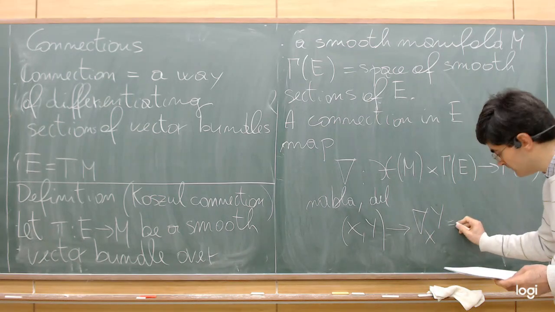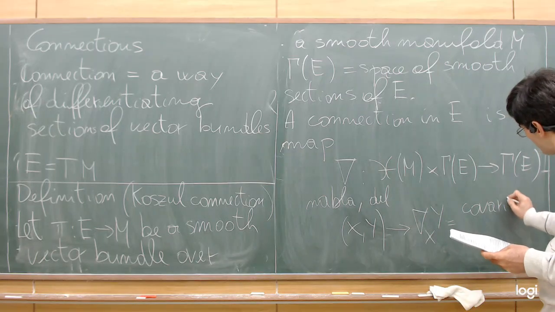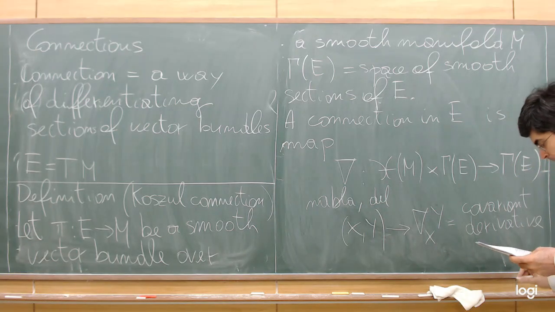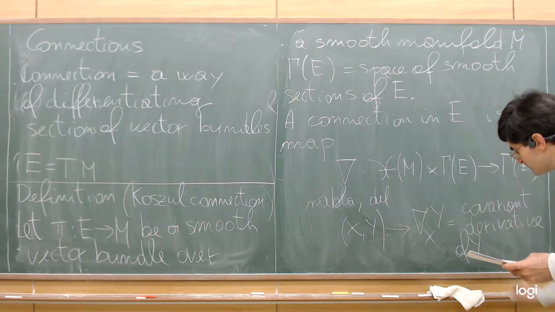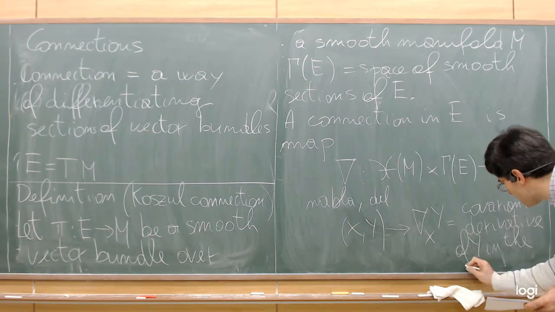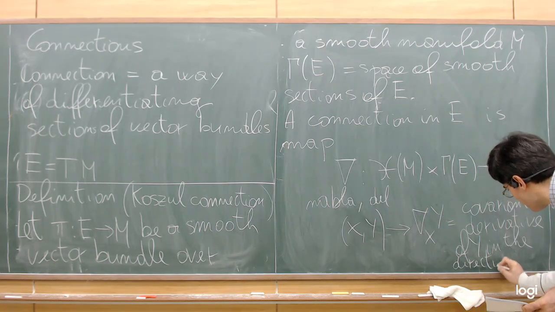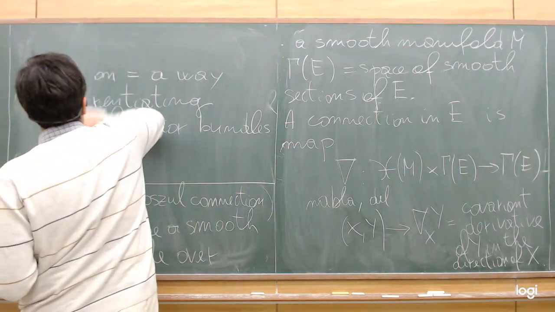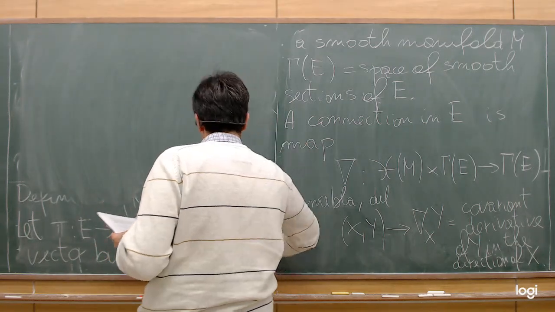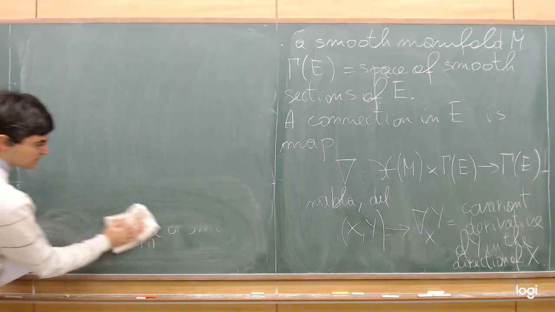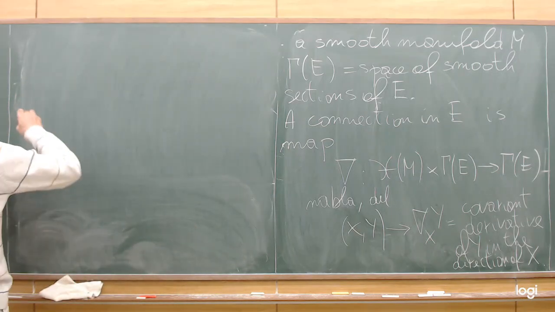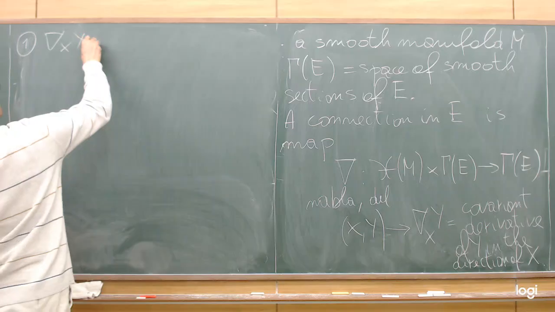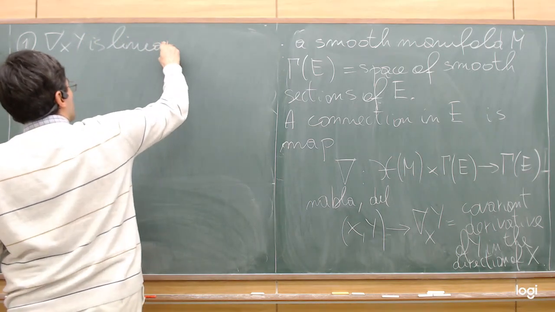This is called covariant derivative of Y in the direction of X, and it must satisfy the following properties. One, ∇_X Y is linear in X